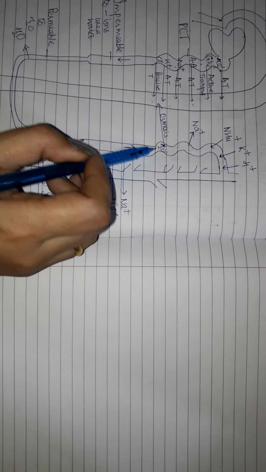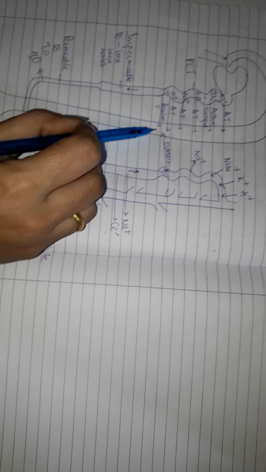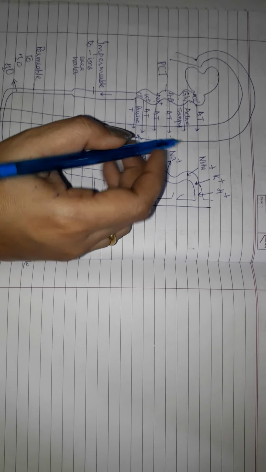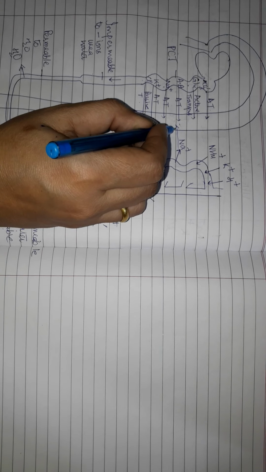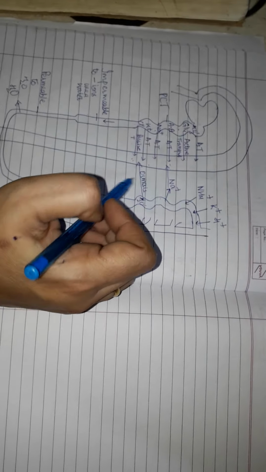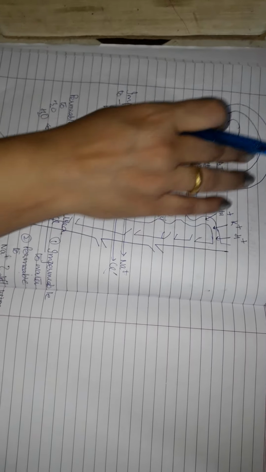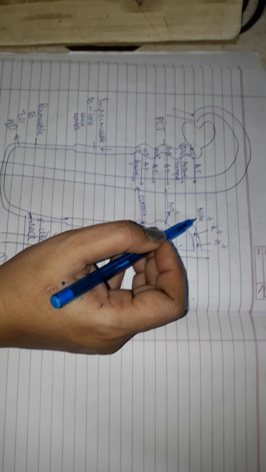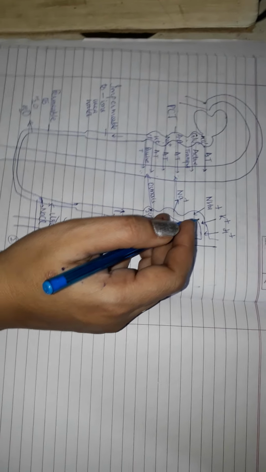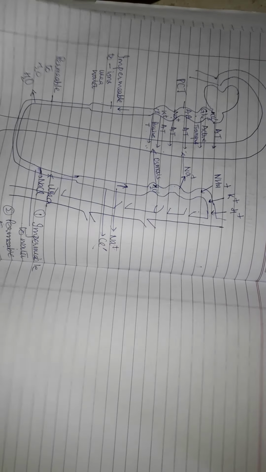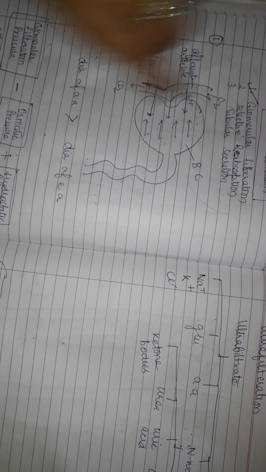We can see water is absorbed back into the blood by the process of osmosis. Sodium ions can leave by the process of active transport and enter inside the blood. Ammonium ions, potassium ions and hydrogen ions from the interstitial fluid, the space present in between the nephron, these substances, not harmful if they are not required by the body, are absorbed into the blood. This is the second step, that is selective reabsorption, and then is the tubular secretion.